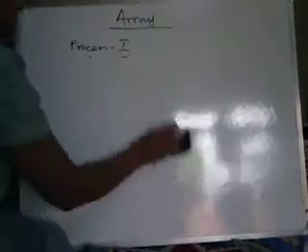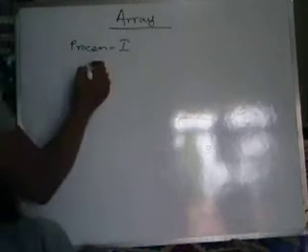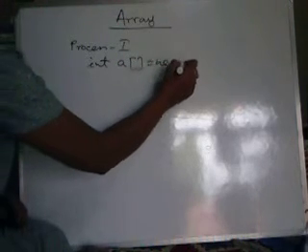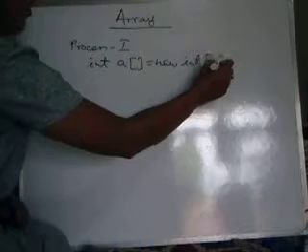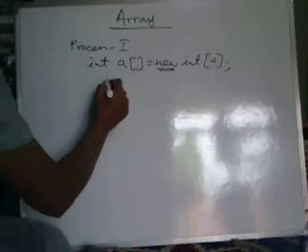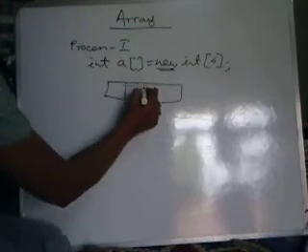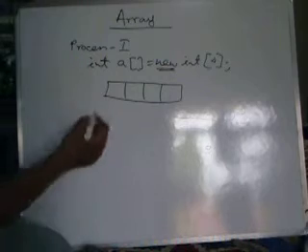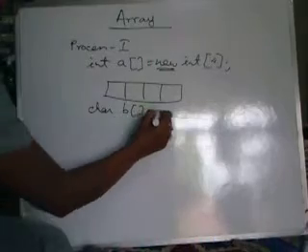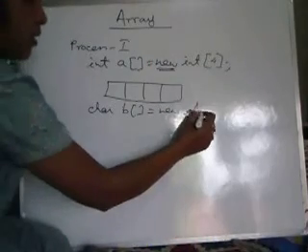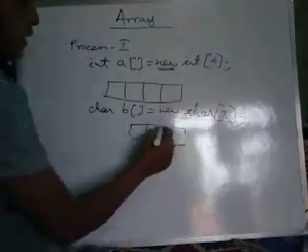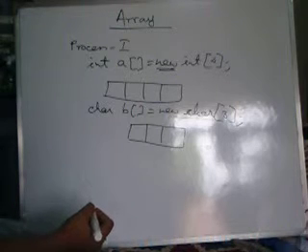That means we will give the size and the array will be created, but the array will remain empty. Suppose int A is equal to new int 4. So this new is the keyword which will allocate memory for this array. Now this array will be one empty array where no elements will be present. Similarly, if you create one char array with the new keyword, then one array will be created which can store character values, but at the beginning they will remain empty.